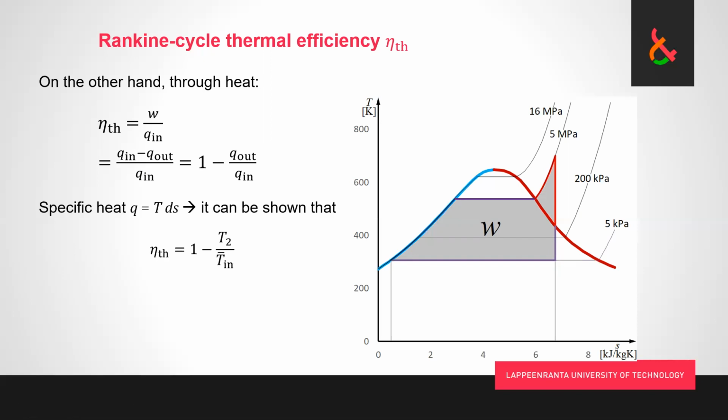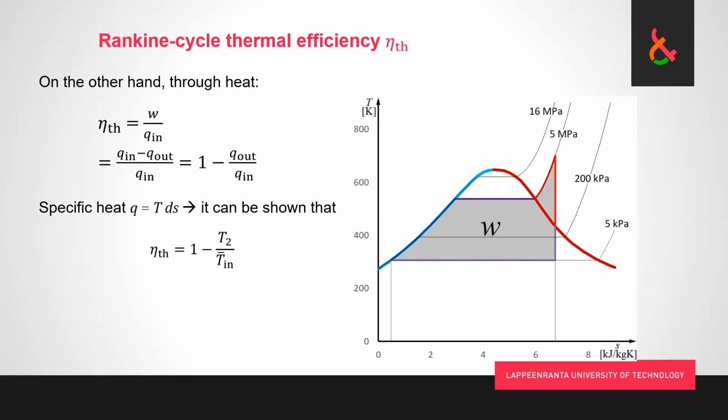Now, because I mentioned that this definition of heat being TdS, sorry, by the way, this should be dQ is TdS. Q is the integral over TdS. So basically, what this means is that we can define the efficiency as 1 minus the ratio of temperatures. So temperature 2, the condenser temperature, which is saturation temperature according to the pressure there, divided by the mean temperature of